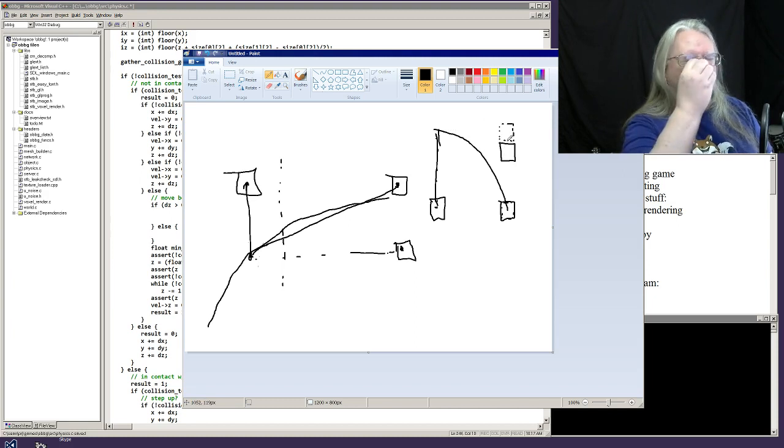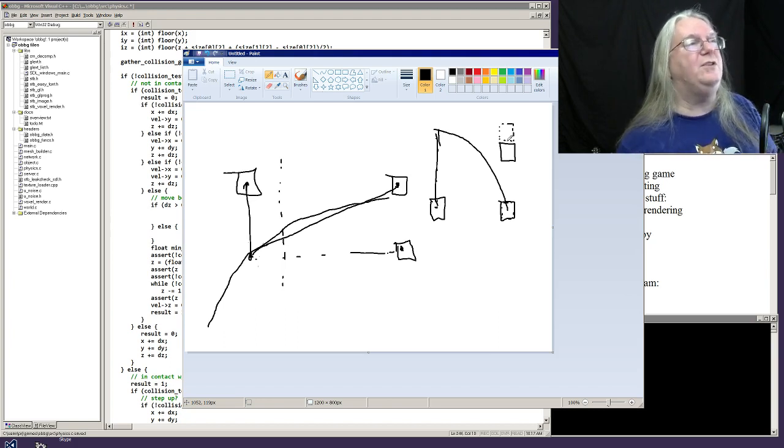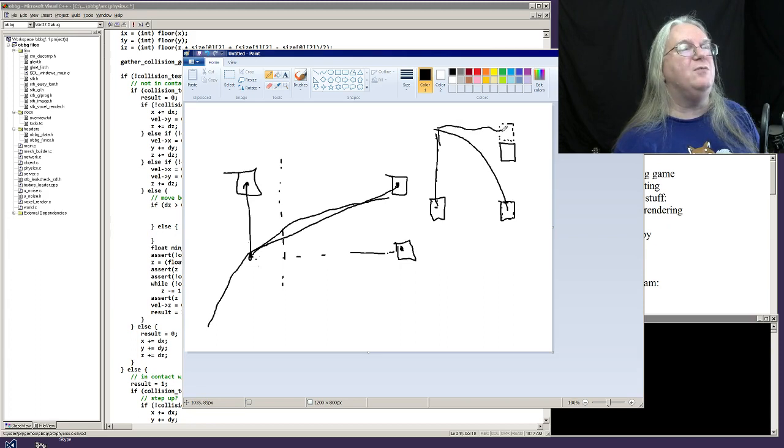Now, mind you, all of the distances being traveled here should be really small, but we'd like the OBBG system to work if you set your voxel sizes to be an inch. Like, there's no reason it shouldn't work. So we want to avoid teleporting you onto this thing. It's okay to have you fall straight down. You're falling still, right? We haven't changed the fact that you're falling. So let's